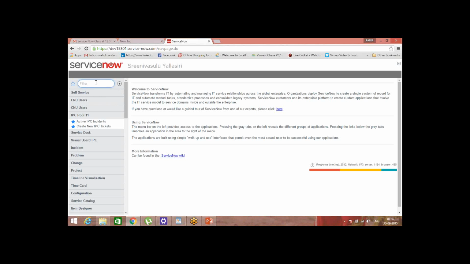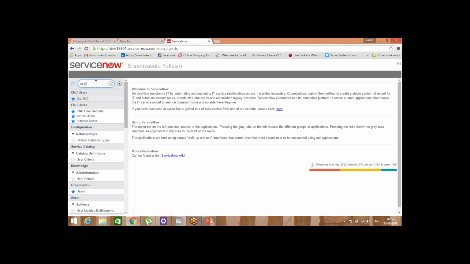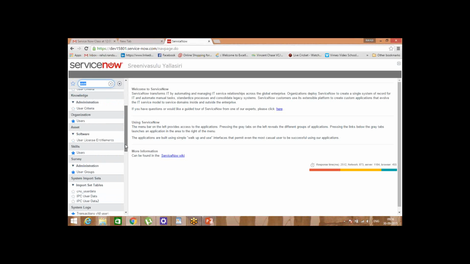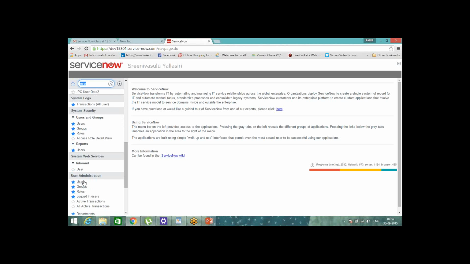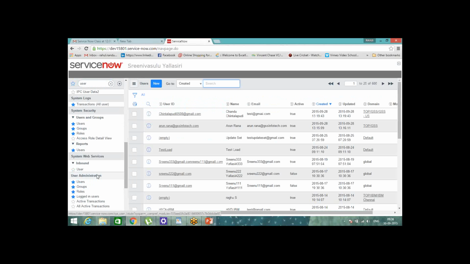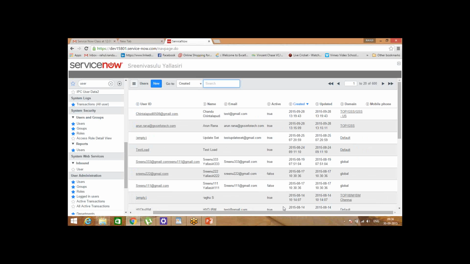So you again filter with user. Now you logged in with Chendu's credentials. Why is it again showing GSS at top? Chendu should not see it.